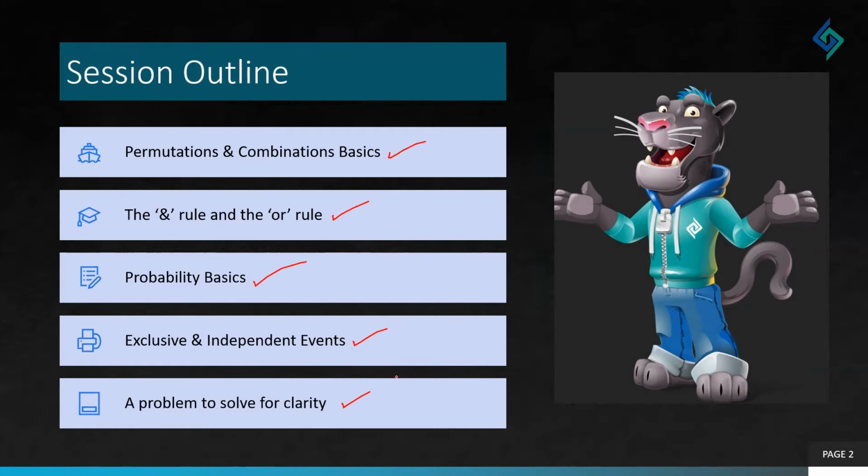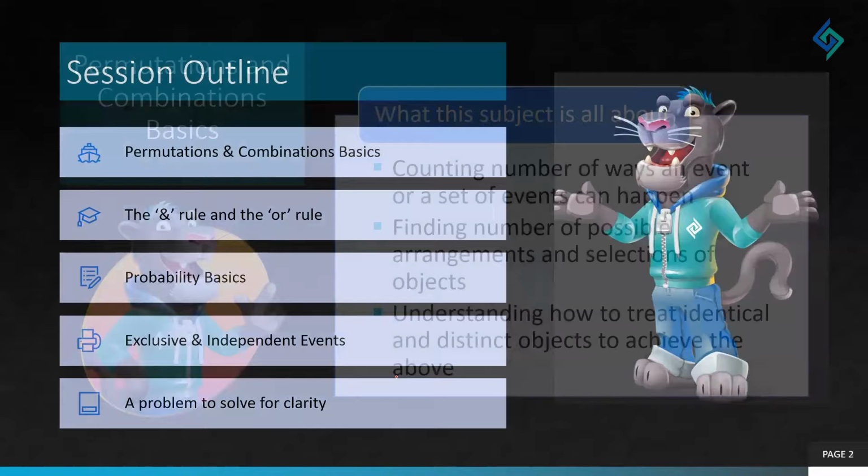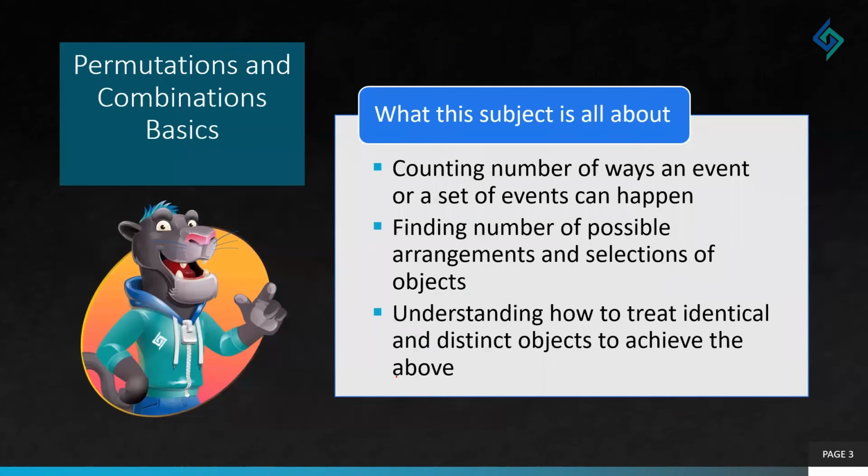Right? Okay, so with this clear, let me start off by talking about permutations and combinations, and I'm not going to solve any questions here. I'm not going to go in depth into concepts. I hope all of you are already clear as to what is the meaning of permutations and combinations and why we use this. So just to give you a very brief summary of what this topic is all about,